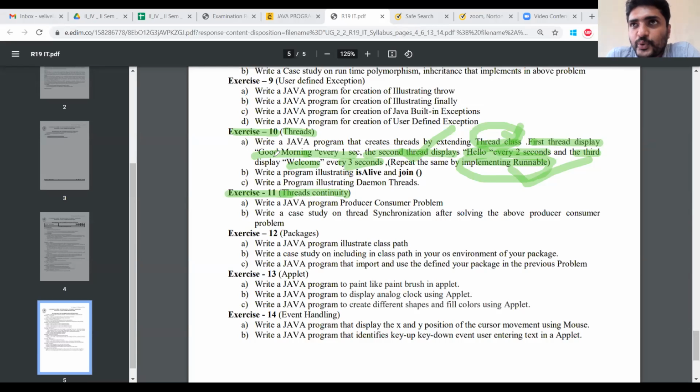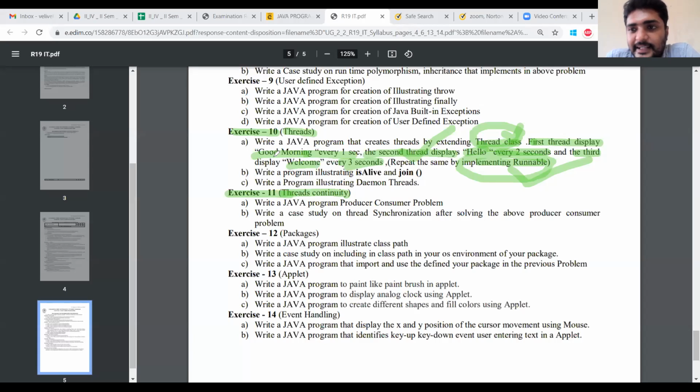In this program, we have to create 3 threads. Thread 1 is for good morning, thread 2 is for hello, and thread 3 is for welcome. We display the good morning message every 1 second, the hello message every 2 seconds, and the welcome message every 3 seconds. These are 3 different threads.